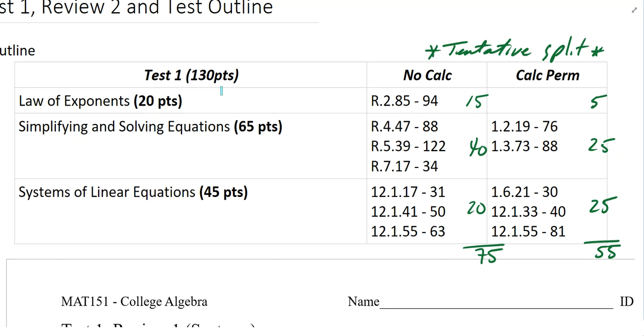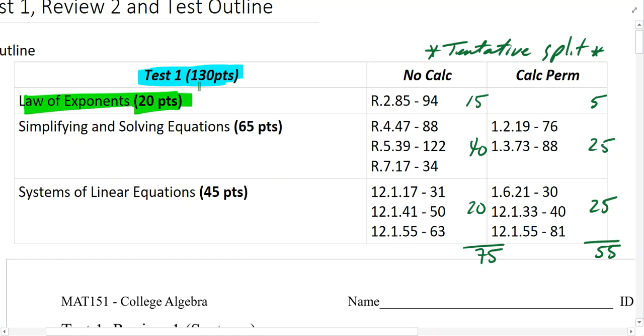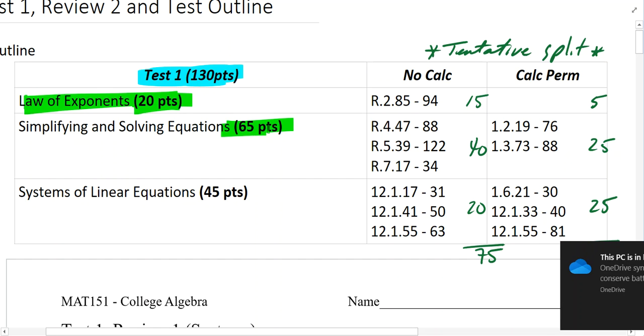I have enough problems and questions to add up to about 130 points on this particular test, and that's pretty common. Most of my tests are worth more than 100 points, or there are more than 100 points available on each test, and some combination of those will be completed. In this case, 130 points are out there, 20 of which come from the law of exponents. That was that first page in the review packet. 65 points are going to come from